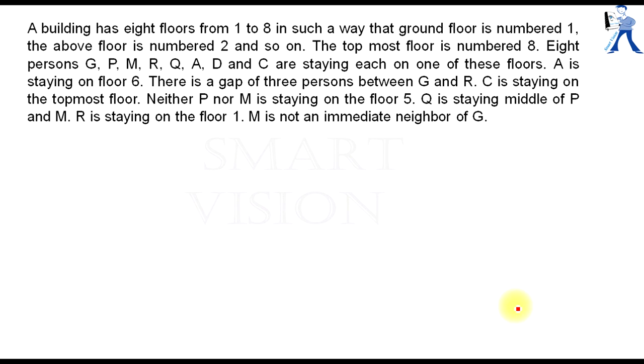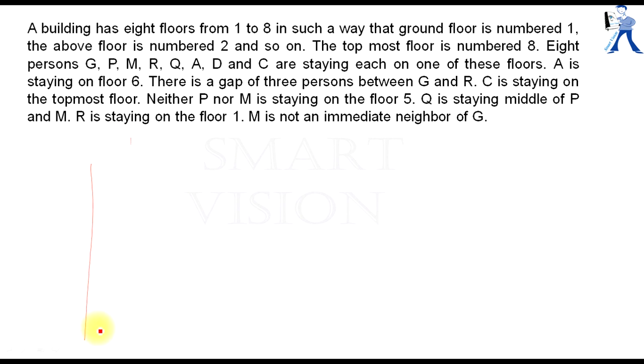Before reading the hints they have given, I will just tell you, whenever a floor question comes, go with two possibilities if they have given only the floor and the person. If they have given the floor and person as well as their likes or dislikes or their professions, those examples I will explain in one more video. But this one is very simple, and based on this you just go for the two possibilities.